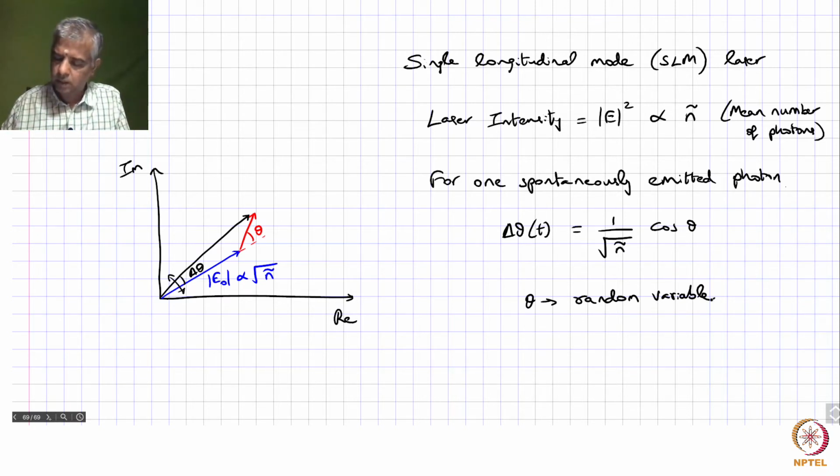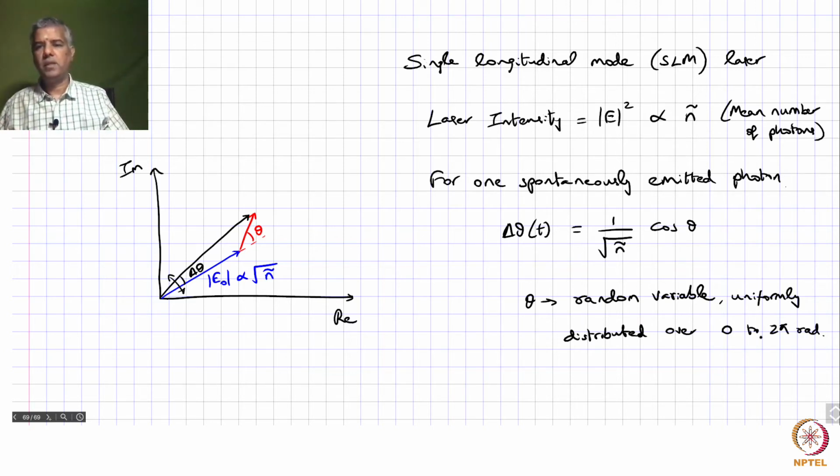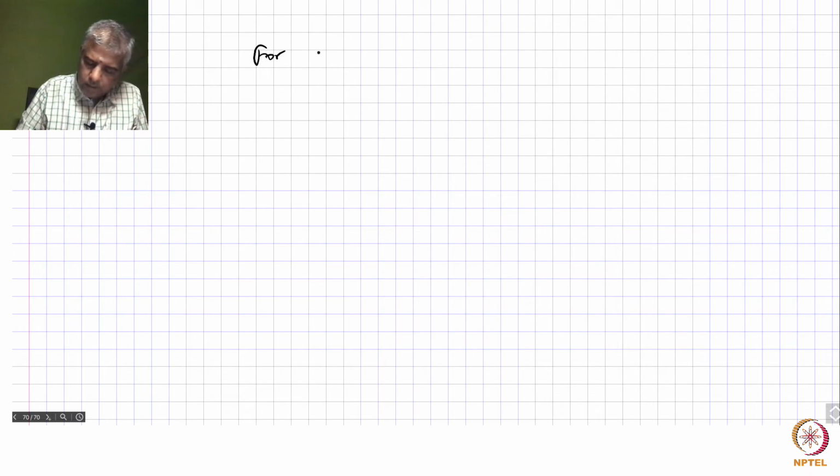right, that is uniformly distributed, okay, over 0 to 2 pi radians. Okay. So, that is actually a uniform, that random variable is uniformly distributed over these values of 0 to 2 pi. So, that is for a single spontaneously emitted photon. But if you consider let us say n number of spontaneously emitted photons. So, for n number of spontaneously emitted photons,